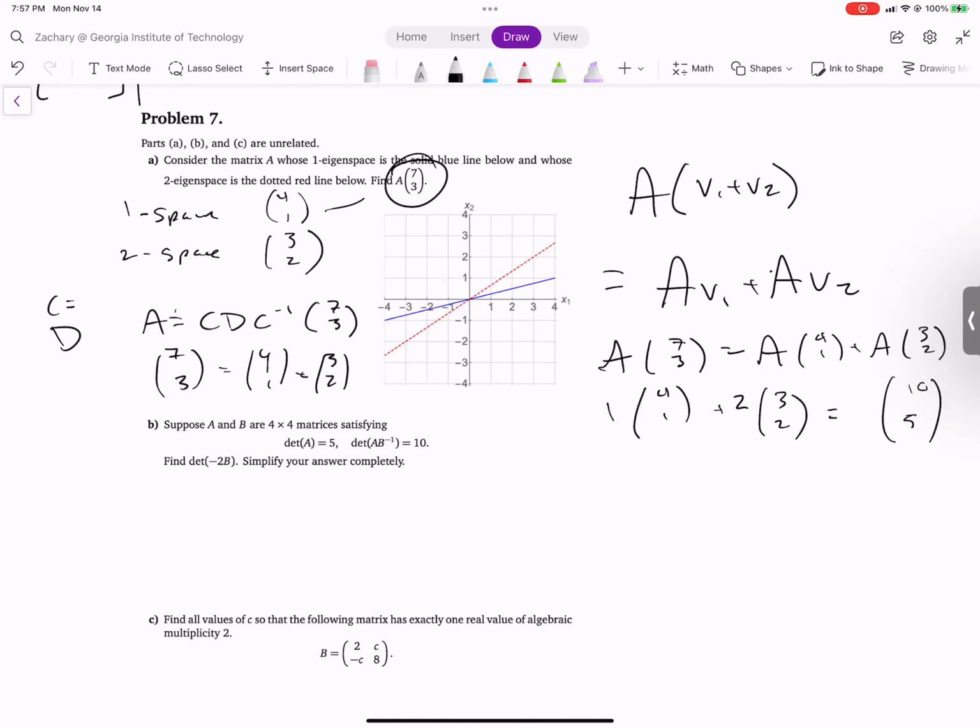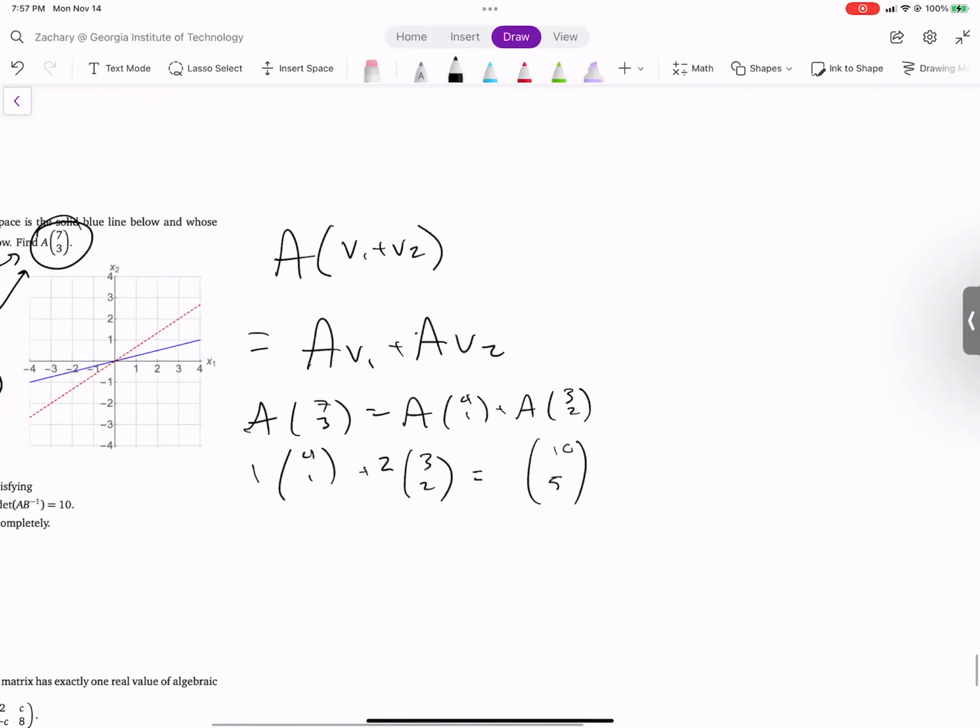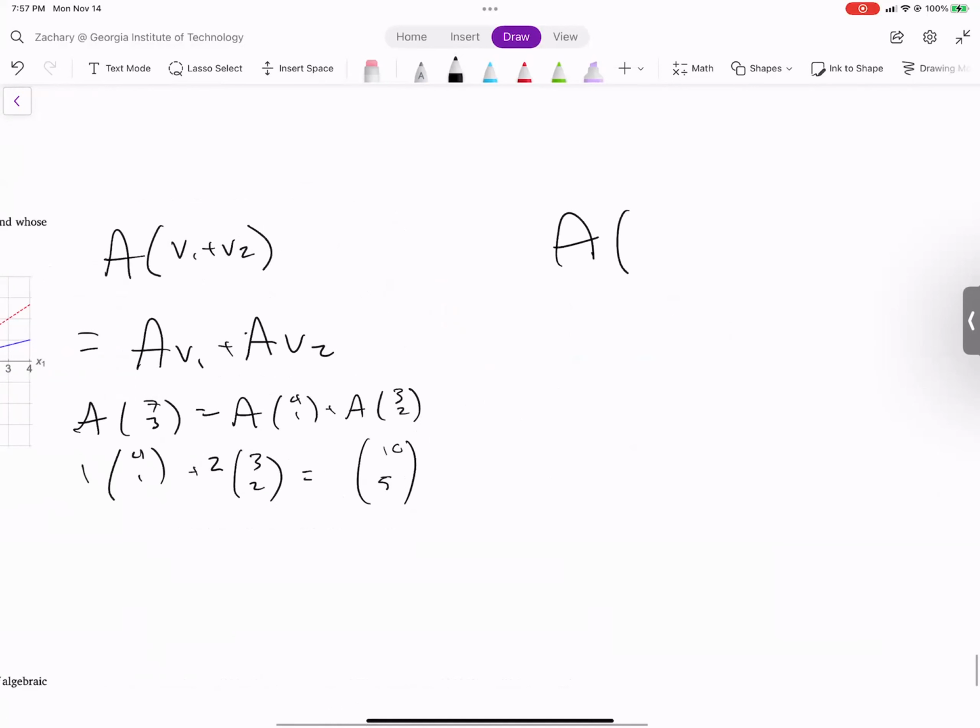Because there's not an easy way to get there, right? Can we multiply (4, 1) or (3, 2) to get to (7, 3)? Don't think too hard. The answer is no. Otherwise, we could just take like this and then we could multiply it like that, right? Because the other part of linearity is A times some constant times a vector is just that constant times A times that vector. Okay. This is why we like linearity in linear algebra.